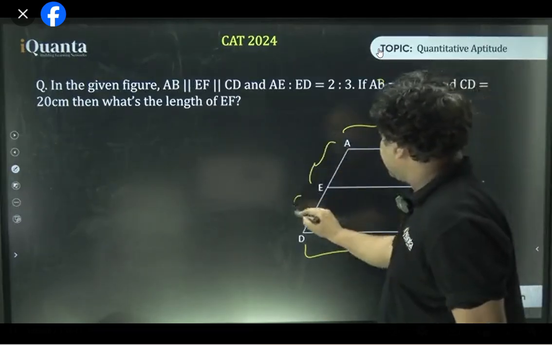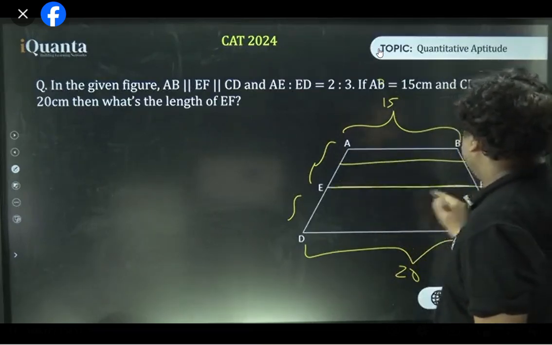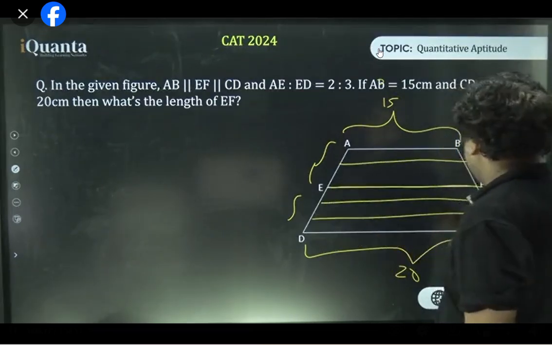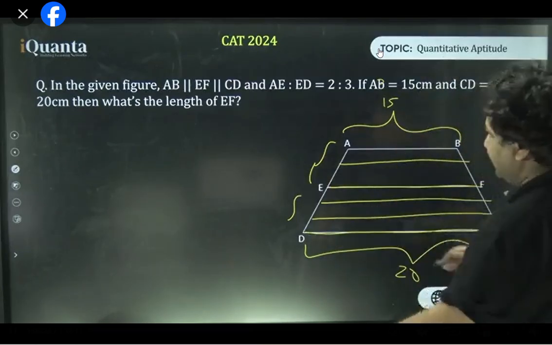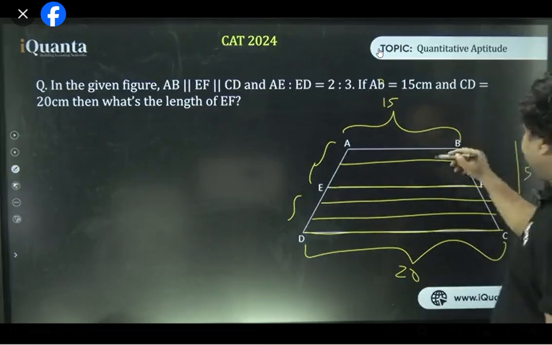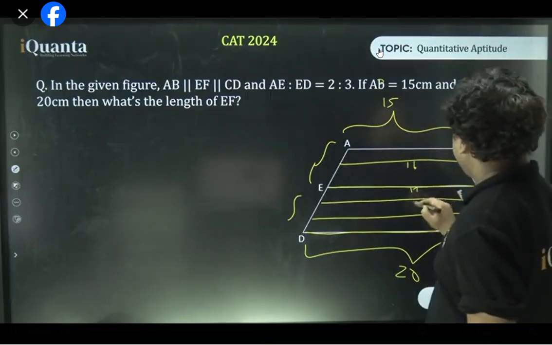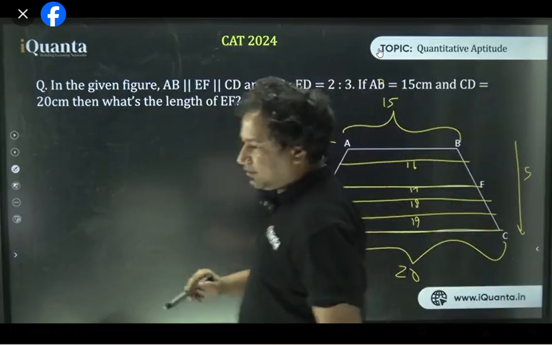The ratio is 2 is to 3. So let me divide this into 5 equal parts. This is 1. This guy is 2 already. 3, 4. And BC itself is 5. 5 parts, uniformly scattered. This 15, this 20. 15 से 20 तक जाने में 5 का अंतर आया है. एक बढ़ा दो. Plus 1, 16, 17, 18, 19, 20. Already given, answer is 17. That's how you guys did it.